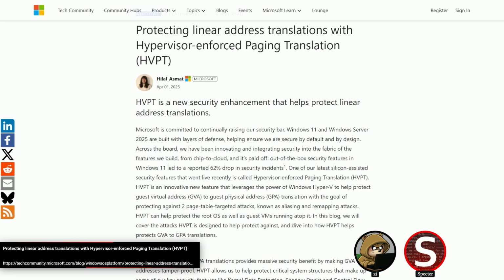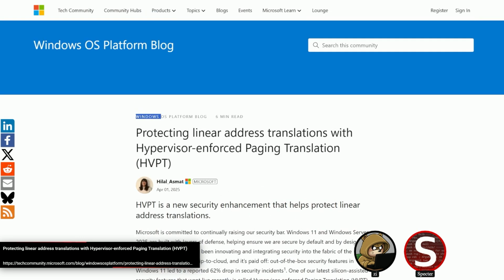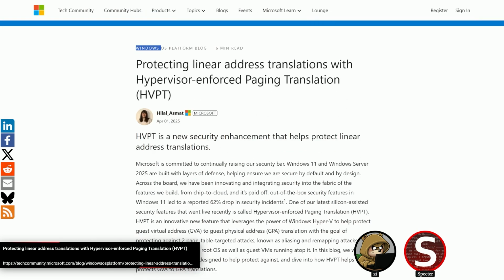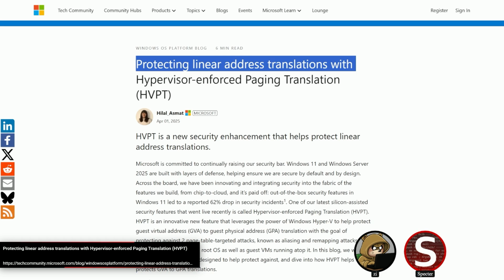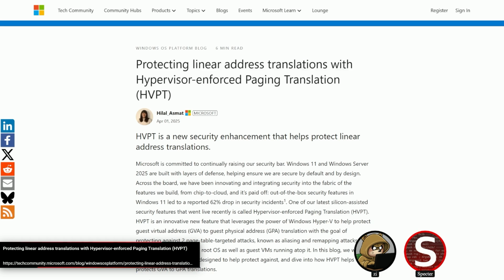So our next post here is by Microsoft, and this is about protecting linear address translations with hypervisor-enforced page translation, or HVPT. This is a newer mitigation that has come to Windows 11 and Windows Server. As the name suggests, it leverages the hypervisor and existing virtualization-based security within Hyper-V to protect guest page tables against